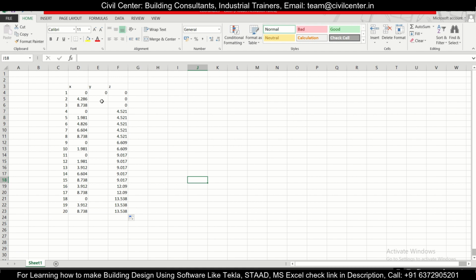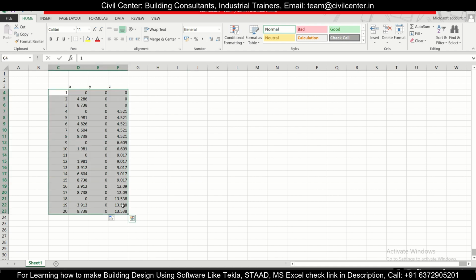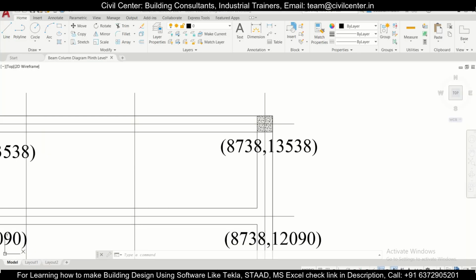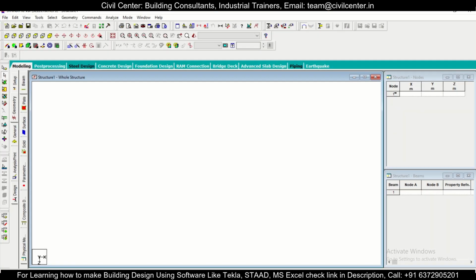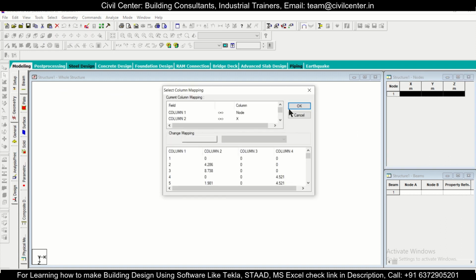So we have a total of 20 coordinates. Y will be, as you can see, y is the vertical axis here, so it will be 0 here. If you place these coordinates right here, and then go to Staad and enter those coordinates here,